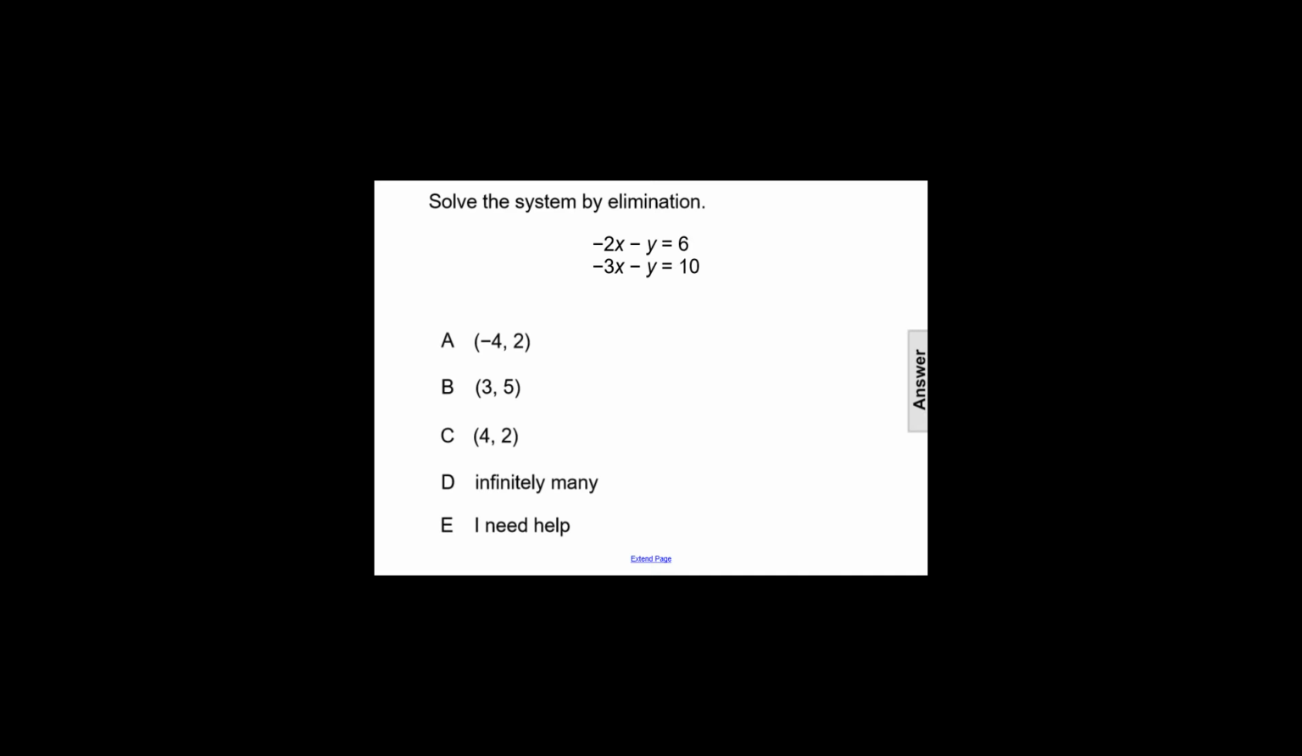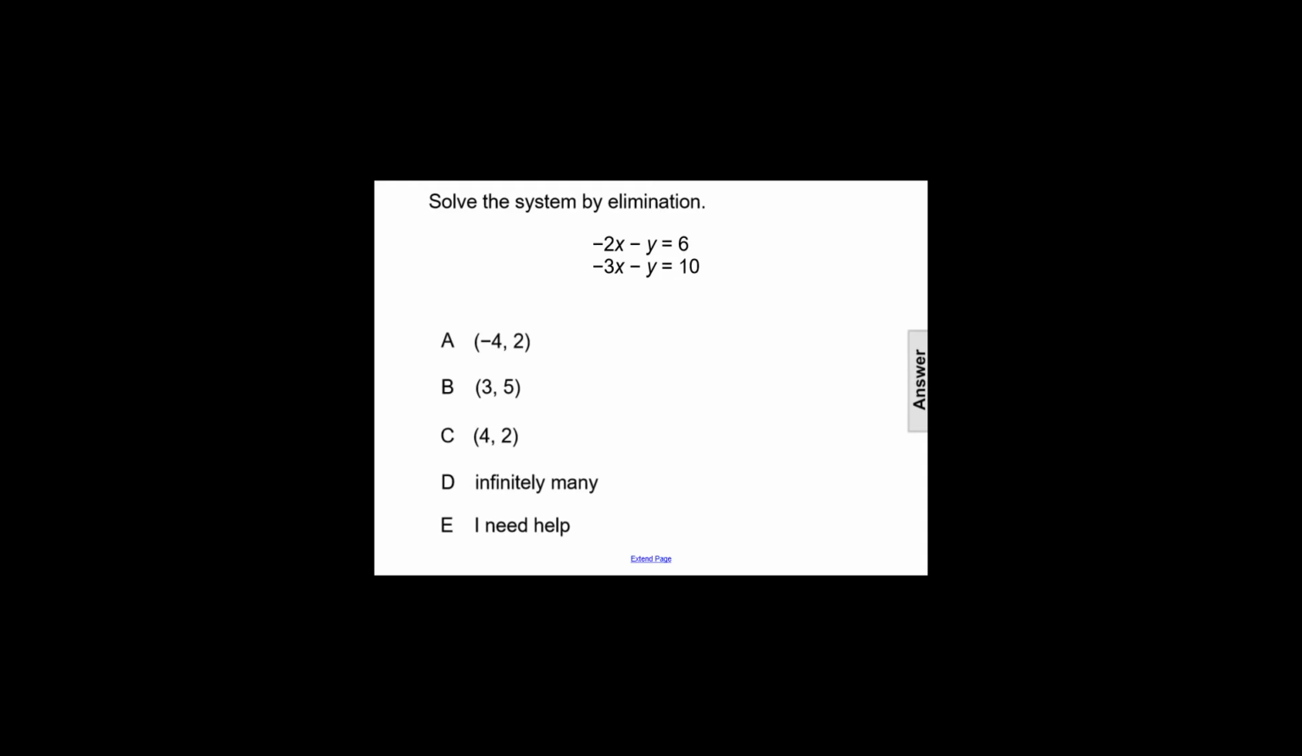Solve the system by elimination. The system is negative 2x minus y equals 6 and negative 3x minus y equals 10. So the first step to solving a system using the elimination method is to look for which variable you're going